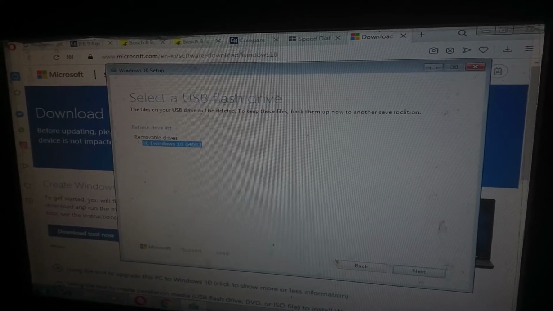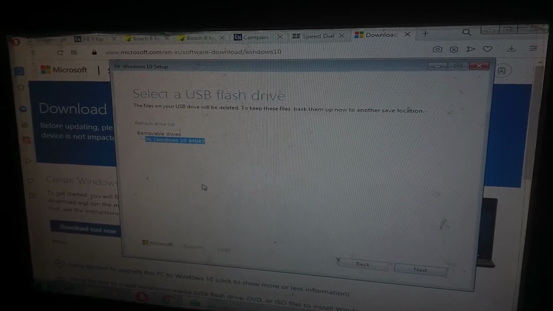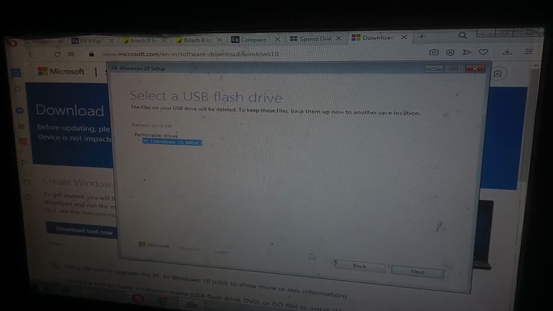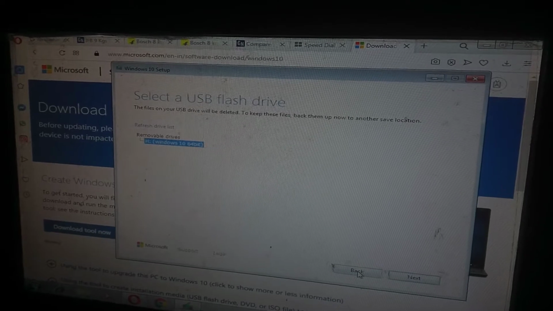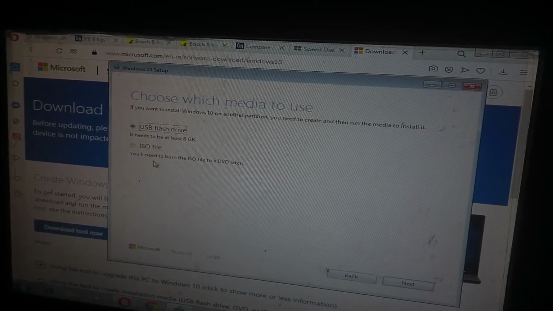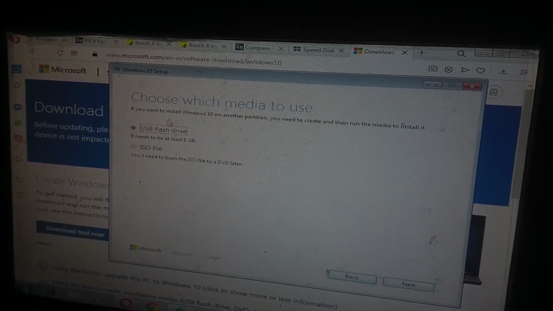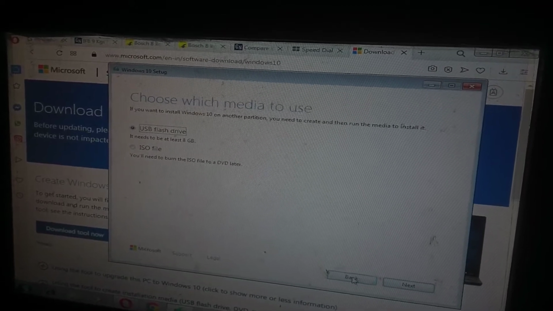You need to select the drive and click on next, and it will make it completely. After completion, close it and go to the boot menu and install it. Okay, guys, I am closing back. You can see you can select both. If you want to do it with a pen drive, select this and click next, and it will make it for you